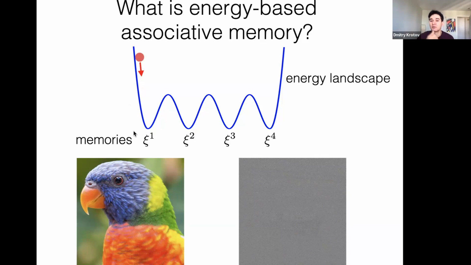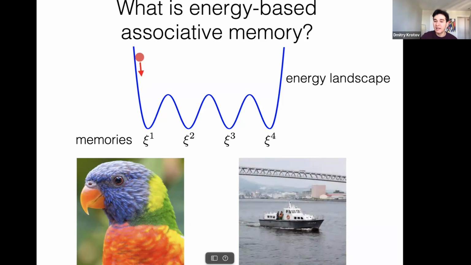So that's one typical task for how energy-based associative memories are used. Another commonly used task is denoising. In this task, we also start from some initial state, and a typical state is shown here on the right. It's some noisy version of the pattern. But the computation is very similar. So we give that noisy version of the pattern to this neural network. And as you can see, as the dynamics progresses in time, the network manages to remove the noise and reconstruct the closest memory, which in this case corresponds to the boat.